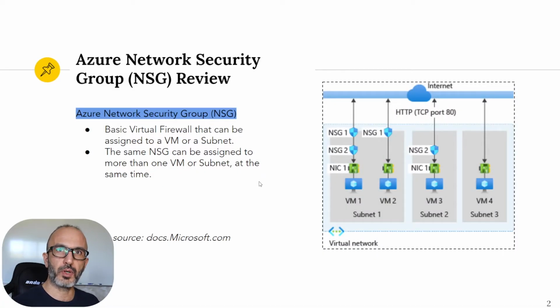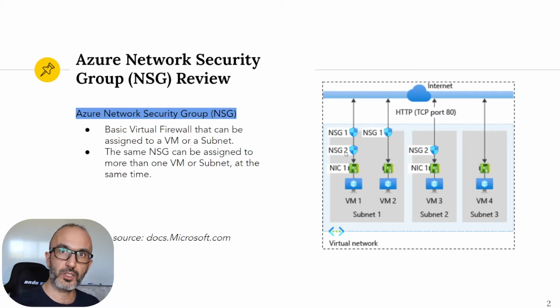So as we talked before, the Network Security Group is a virtual firewall. It's a basic virtual firewall that provides me with some network security control over my resources on Microsoft Azure, things like virtual machines and subnets. One of the features of the Network Security Group, or the NSG, is that you could assign it either to the subnet level, like the NSG1, or you could assign it to the network interface card of a virtual machine